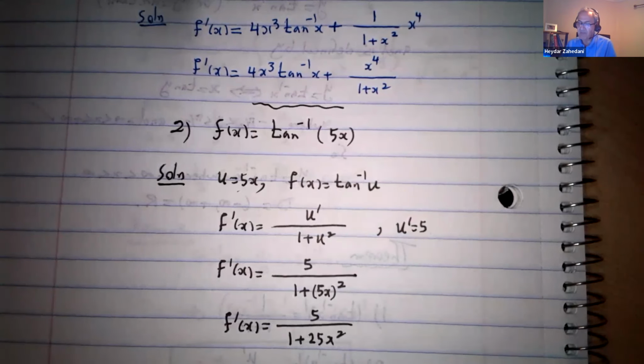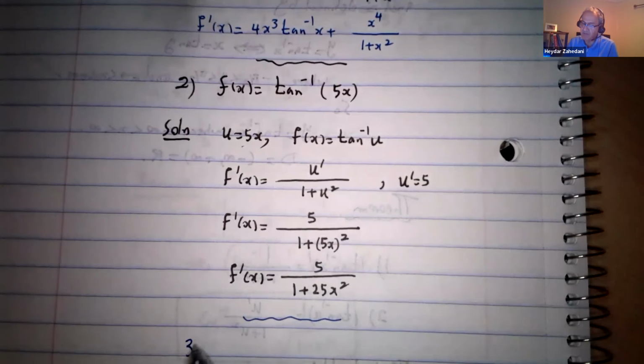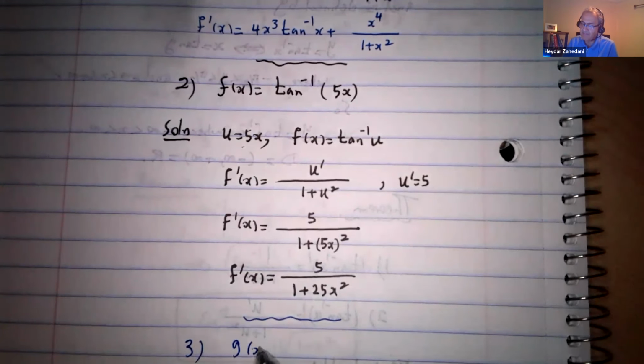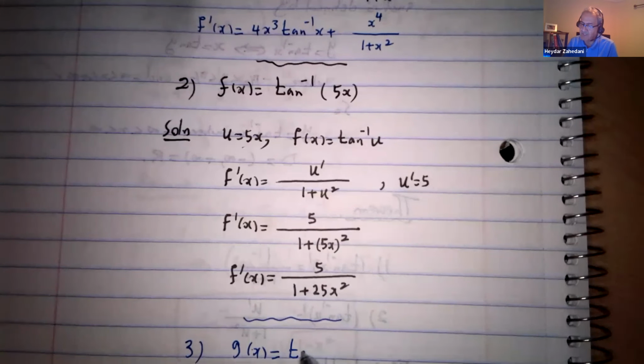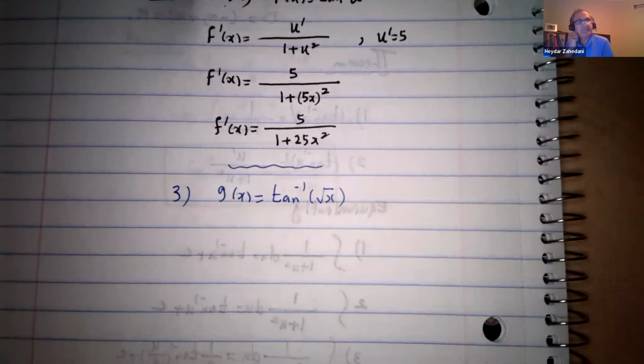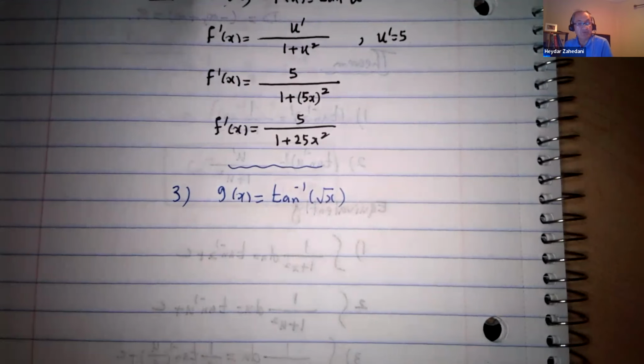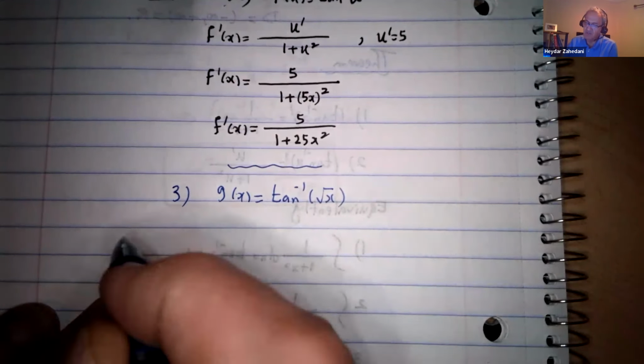But again, dealing with the radical function, this is a very popular problem. I did it for the sine inverse. I do it for the tangent inverse too. This function is very popular. The tangent inverse of the radical x. You want to differentiate it. So you have to take this one to be u. So you have to use the chain rule again. Okay, so the solution is going to be,